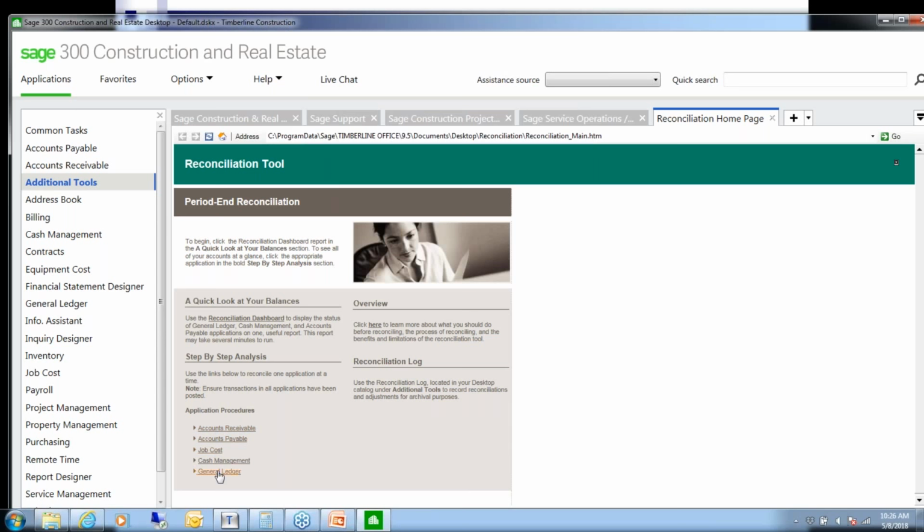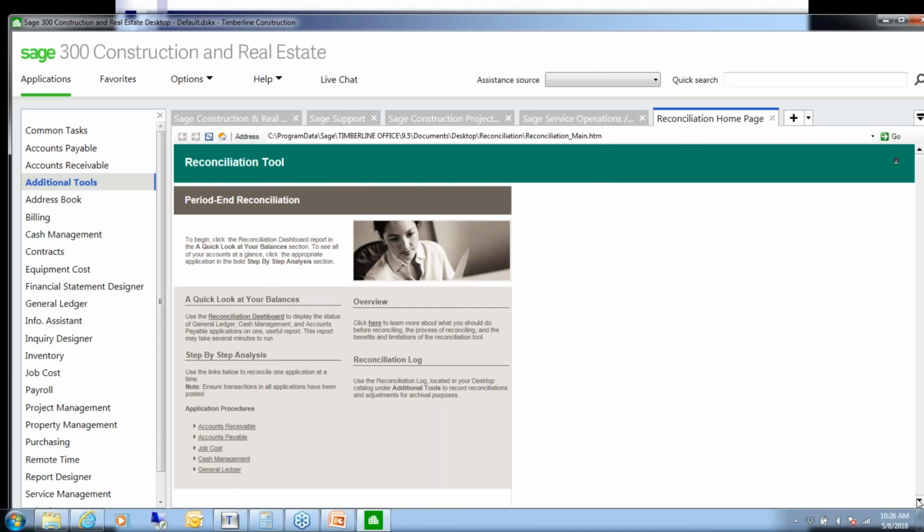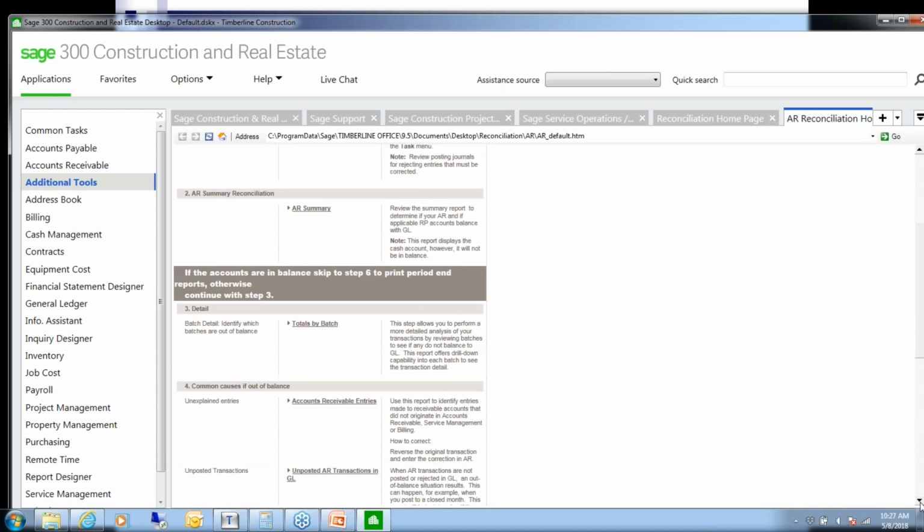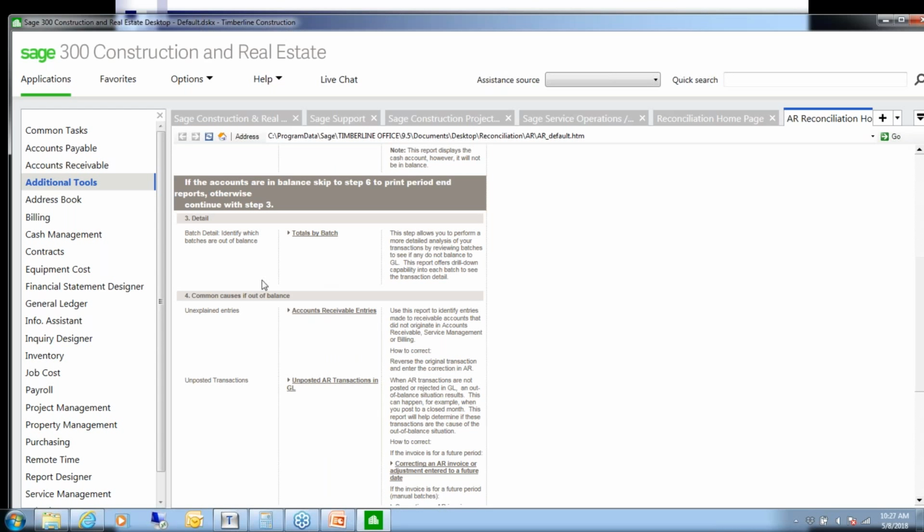Notice that each of these applications are listed here, and what we would do is we would just click on the module that we wanted to start with, and then it will show us all the steps, basically the same steps that we just went through one by one. Step one is making sure that everything has been posted, and then running the AR summary report, the totals by batch report,